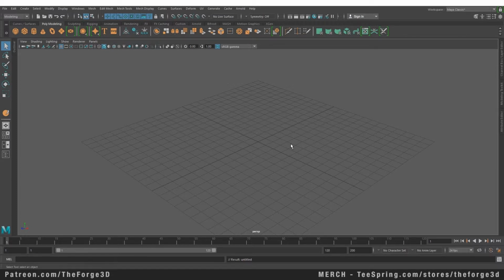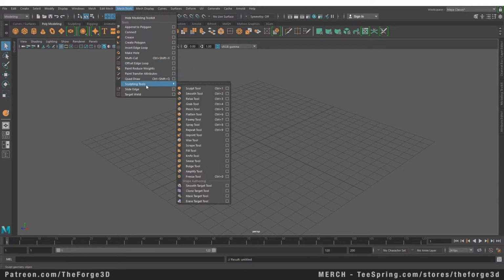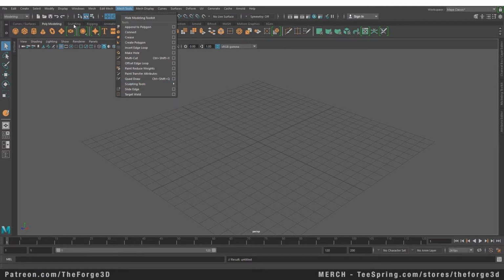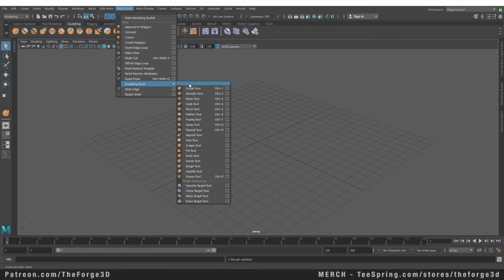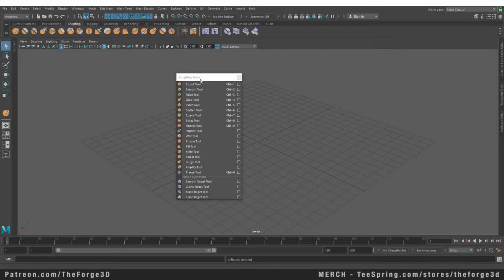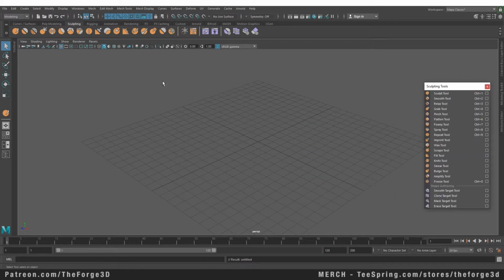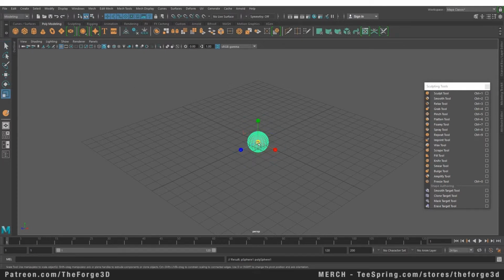So you can access these sculpting tools from two places. You can either go to your mesh tools and go to your sculpting tools and access your sculpting tools from here. Or you can access your sculpting tools from your shelf right here. Right now, we're going to go to our mesh tools and tear our mesh tools panel off and put it to the side. And let's create a sphere. So let's go to our polymodeling shelf and create a sphere. Let's scale it up